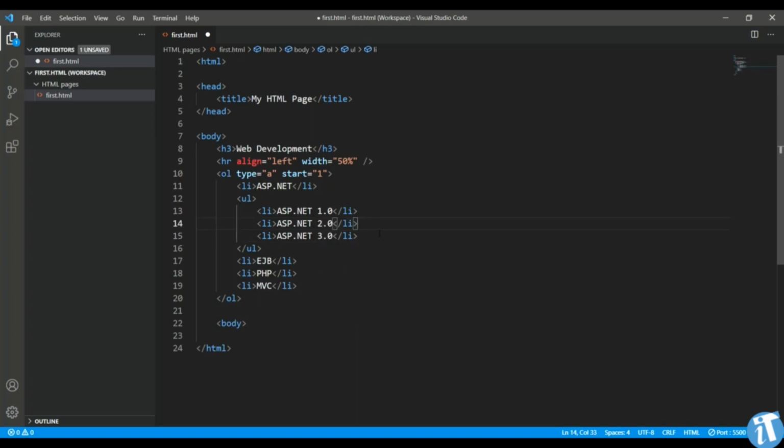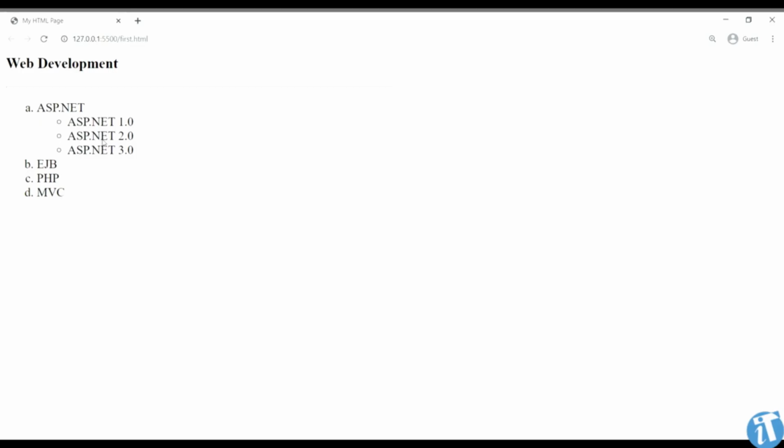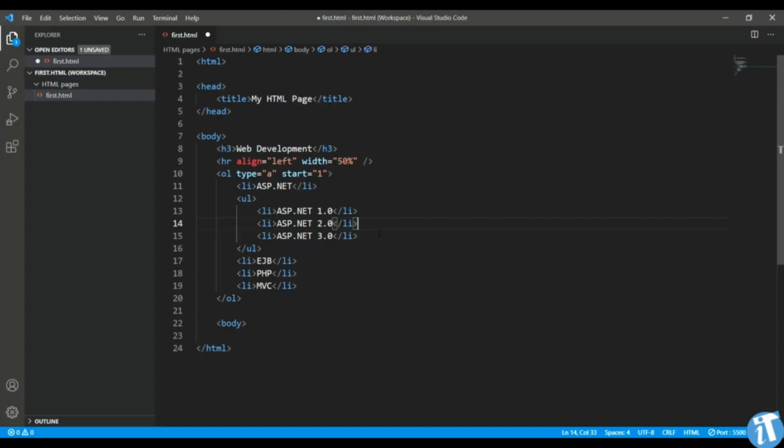Alright, so let's save this, come to the browser, and here you can see they are nested inside this main ordered list. Alright, so this is how you can start working with these different kinds of list options available